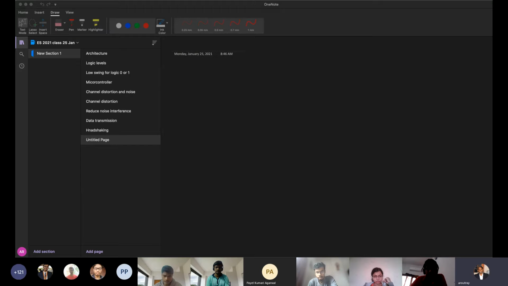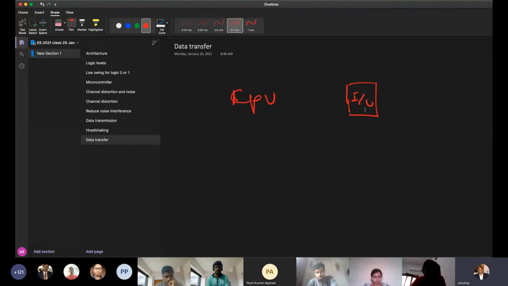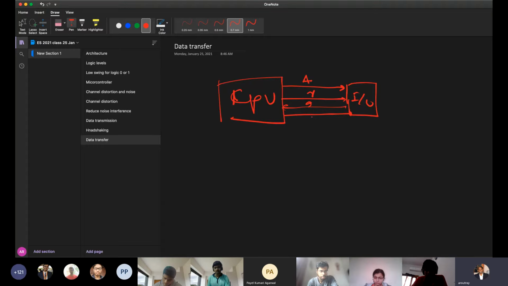Okay. So if it is a processor, then it is easy to generate an address. This is the CPU, and there is an IO device. So the CPU will send the address, it will enable, then it will send the request, then it will get an acknowledgement, then send the data. So this is addressing, this is requesting, this is granting, then data, then again acknowledgement. So these are the steps.